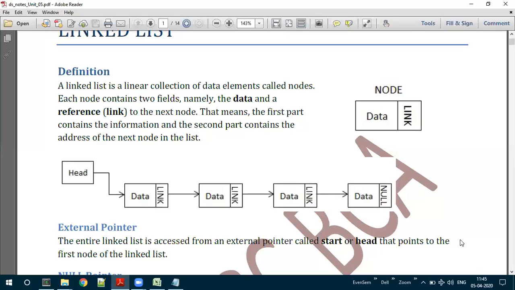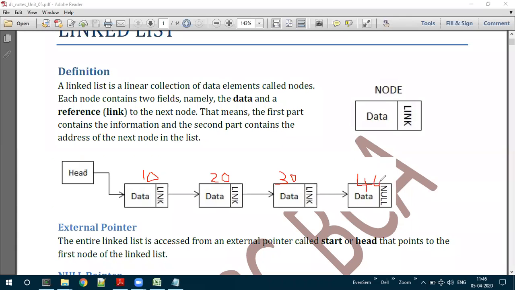If you want to perform the insertion operation, it can be done in three different methods. In this particular list, let me label certain values over here. Say this is 10, this is 20, these are the values of the data. Then this is 30, and next is 40.